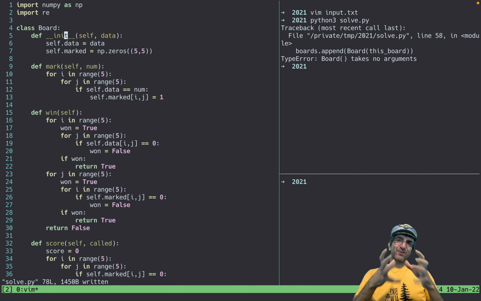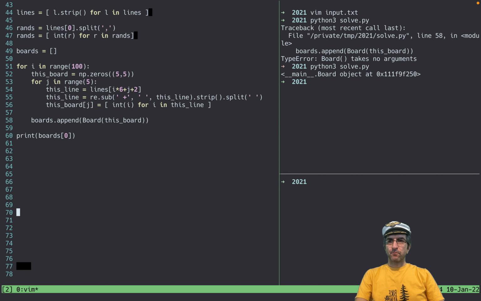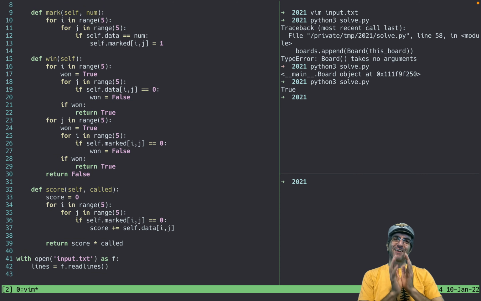Okay, the init function gets 2 arguments. Okay, the first thing in this list is an object of board. I can even directly call the win here and check if board 0 wins. For sure it's not, because the game just started. True. So I have another bug in my function. We will go and check the win. This is good. You always have to run your code frequently and see if it works or not.